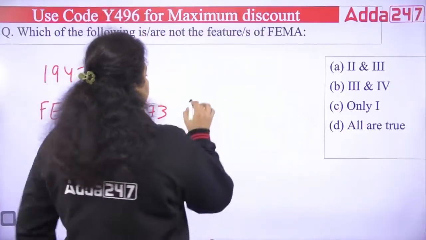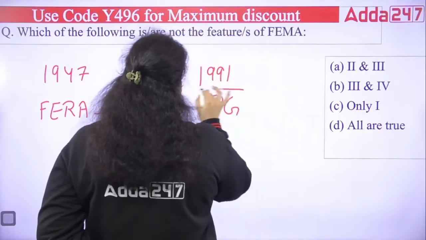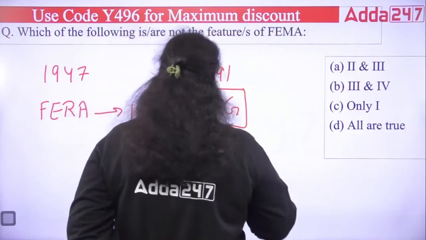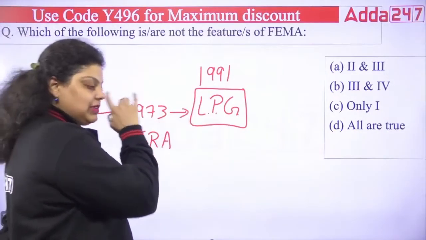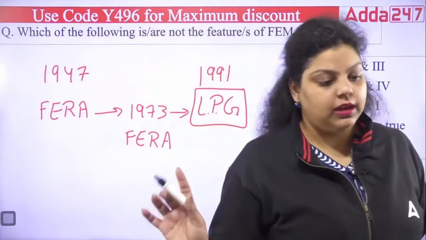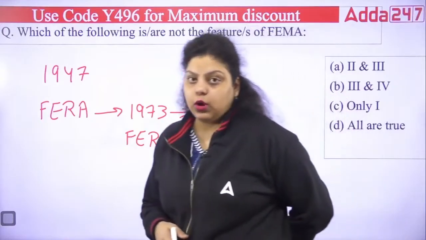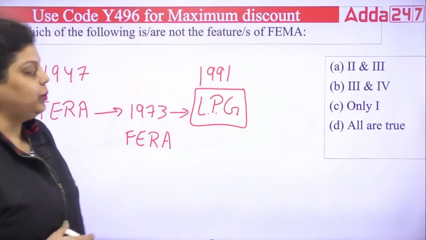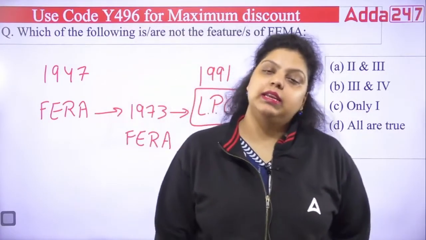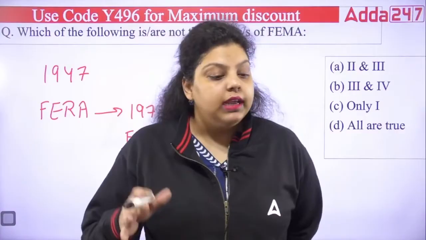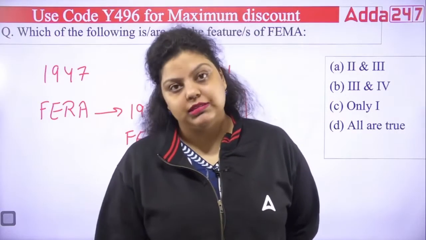Then what happened? After this, in 1991, the LPG happened. Liberalization, privatization and globalization. What is it? I have told you in the IE/IFS sessions, where we discussed Unit 6 globalization and Unit 7 economic reform, right? So, liberalization, privatization, globalization, when we are talking about globalization, it is a way by which we made the Indian economy an open economy. It means there is no restriction from the side of the government on the export and import of goods and services.